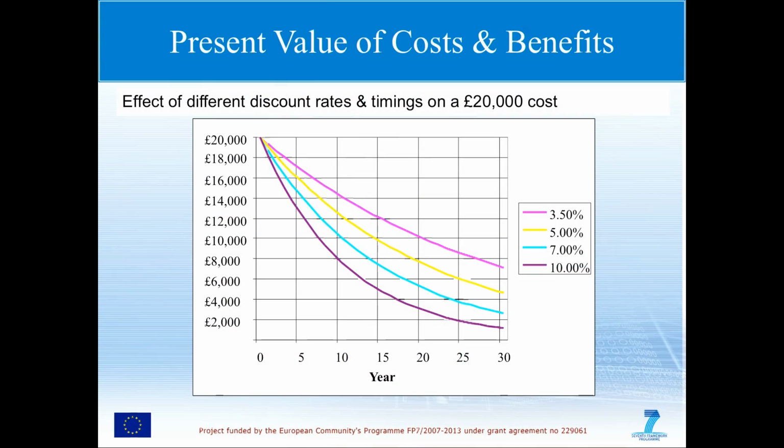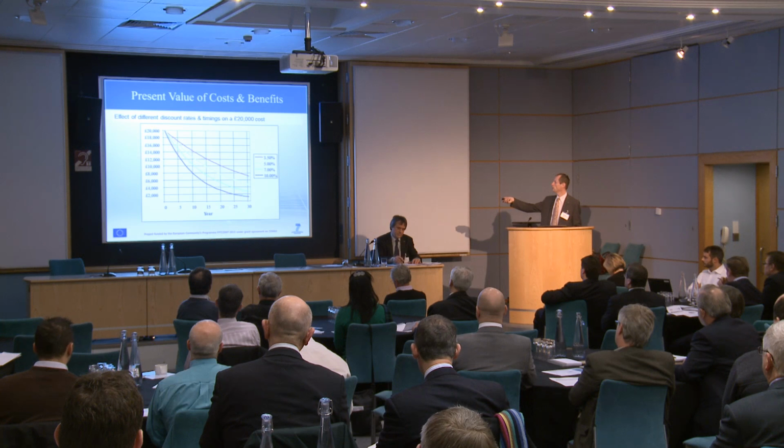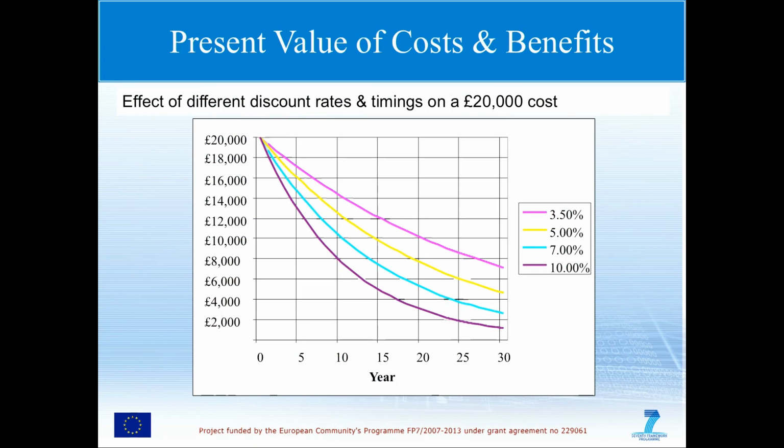The rub is that when you apply these different discount rates to the costs that you're going to be incurring over time, then they have different effects. So if you are lucky enough to be working in the public sector or for a public sector client, you have a 3.5% discount rate. Your £20,000 investment, which might need to be made in 15 years' time, because that's when you've got to replace the air handling unit, by the time you get to year 15, has only got a net present value of £12,000 in part of your calculations.